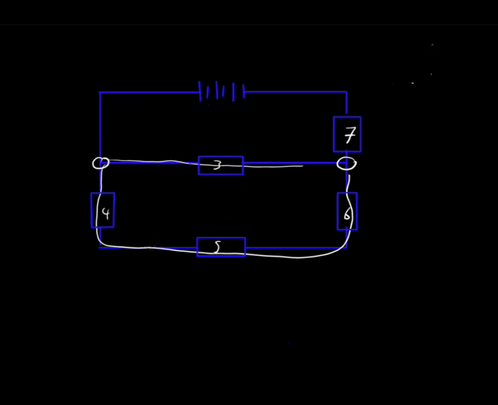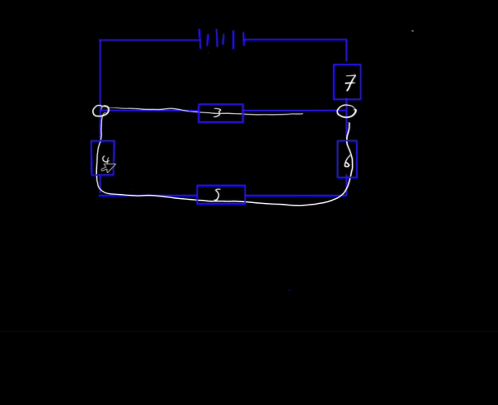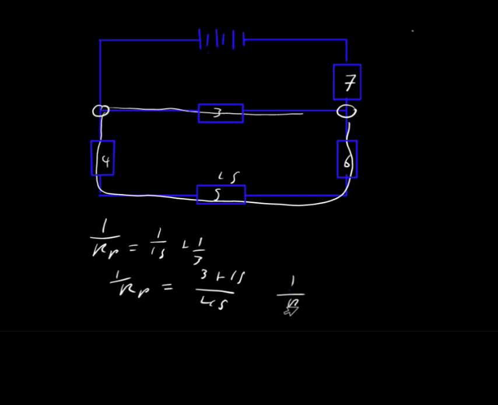So we're going to add these 3 in series. 4 plus 5 is 9, plus 6 is 15. So the combination of this gives us 15, and this combination is what is parallel to this. So we're going to say 1 over RP is equal to 1 over 15 plus 1 over 3. So 1 over RP is equal to 3 plus 15 over 45, so it becomes 1 over RP is equal to 18 over 45. Therefore, RP is just equal to 45